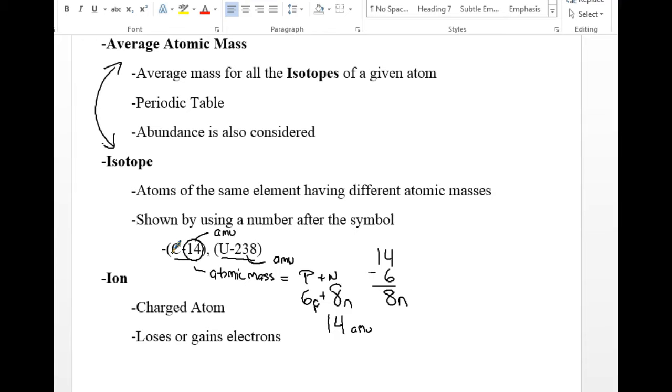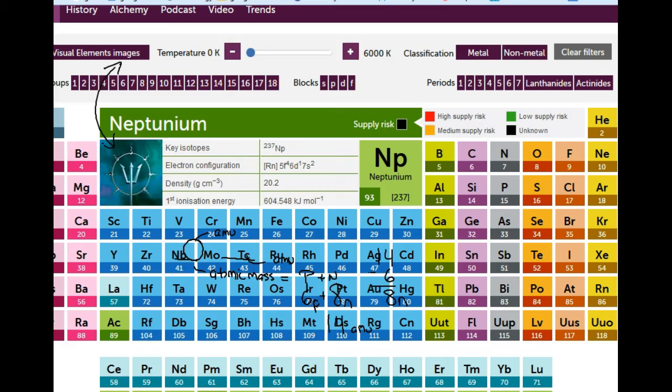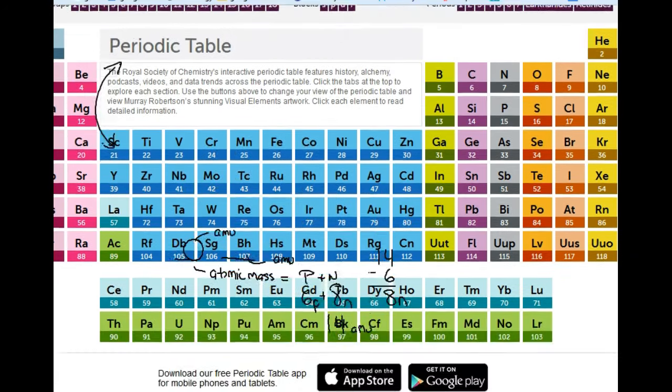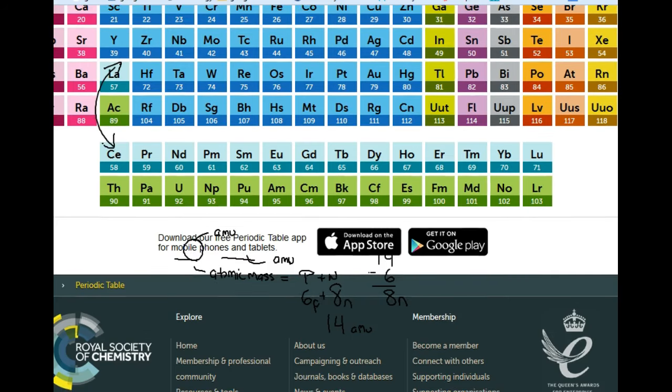If we then look at uranium-238, we have to see what the atomic number for uranium is, because you probably wouldn't know that one off the top of your head. If we look at our periodic table, and you're probably going to start needing your periodic table, uranium's down here. We'll have to move it up. There's uranium. Uranium has an atomic number of 92. That's how many protons it has. So then if we go back,